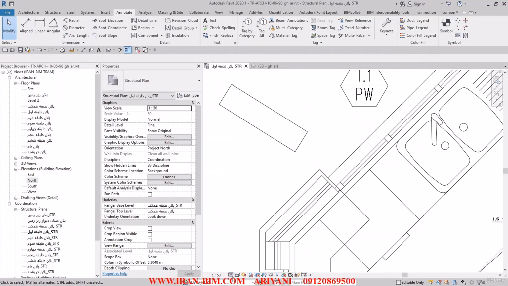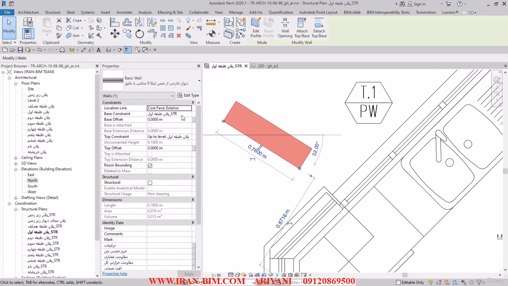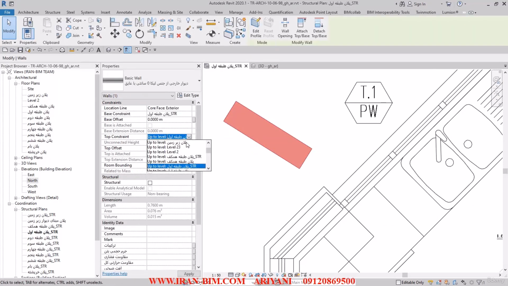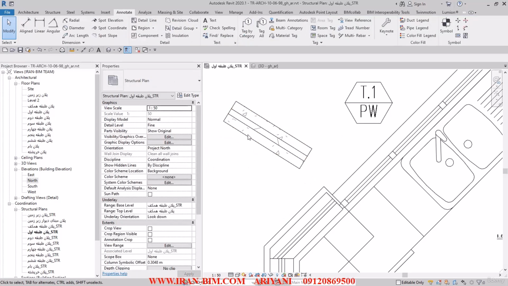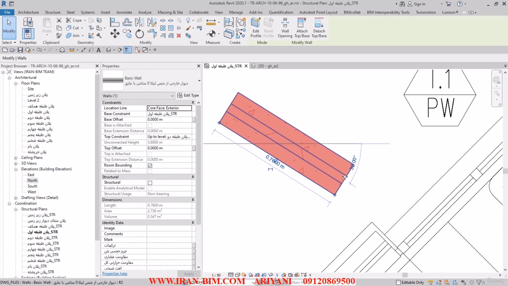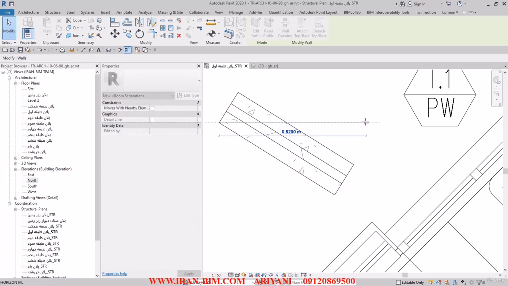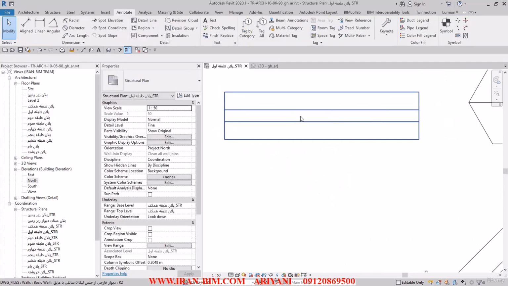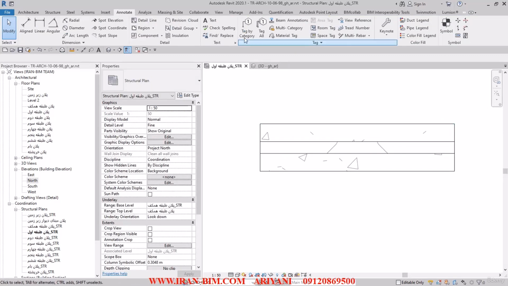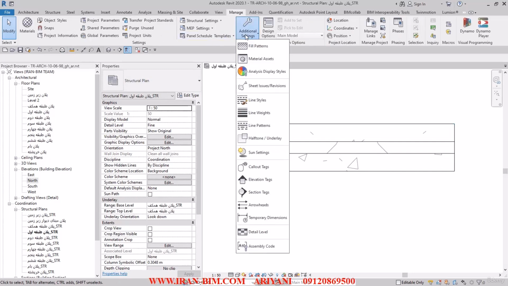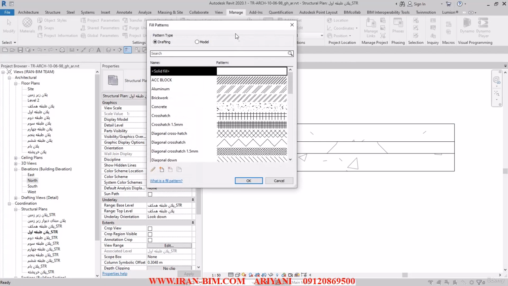So I'll just select this here, and the base is the first floor, and the top one is the second floor. And as you can see, this is how it turns out. But I think it's just maybe too big. So I go to the Manage tab, and then the additional settings, and I select